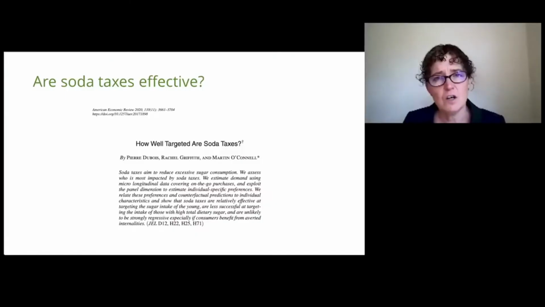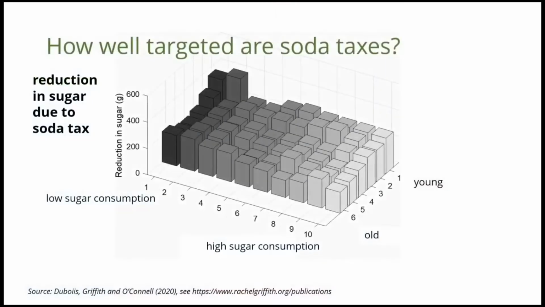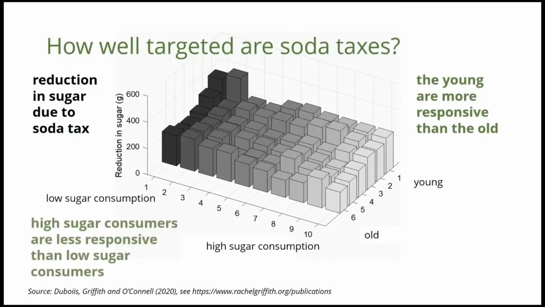In addition, we want to be able to relate that heterogeneity to demographics of interest, such as those that might lead to high externalities, like being young, poor, and being a heavy sugar consumer. And we might be interested in doing that in ways that don't impose many parametric restrictions. And that's been the focus of work we did, for example, in our AER paper, How Well Targeted Are Soda Taxes? So one of the graphs that comes from that paper is shown here.